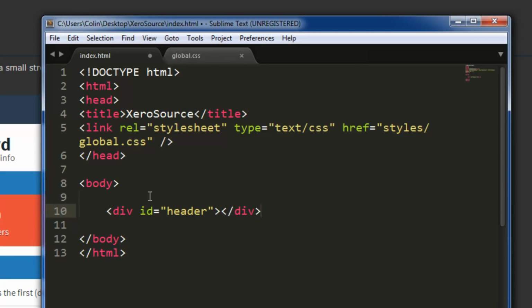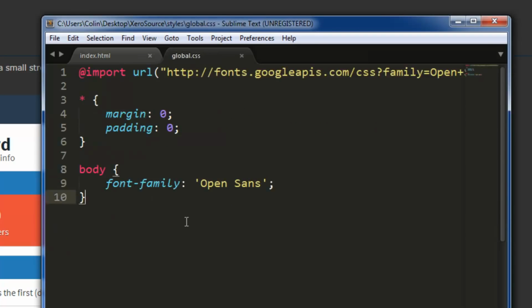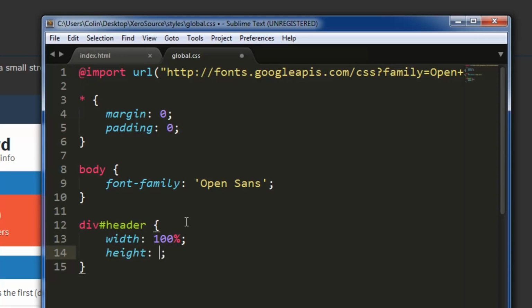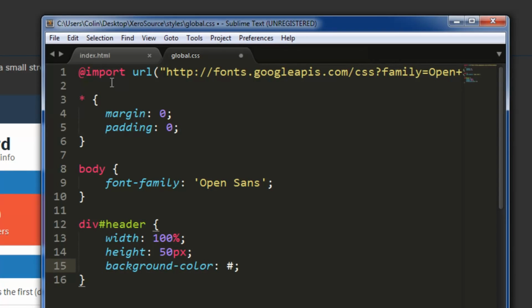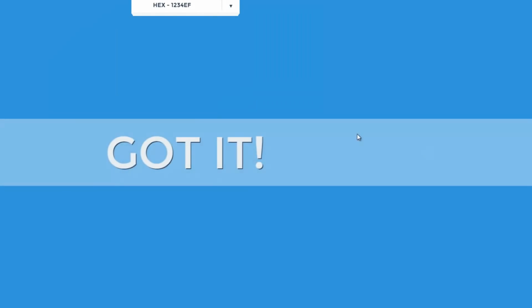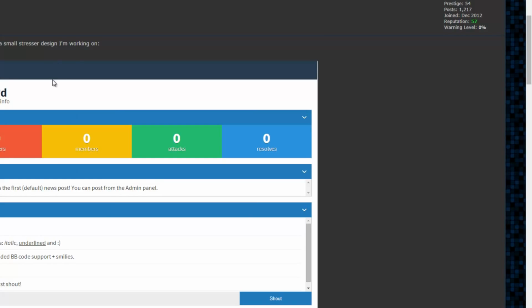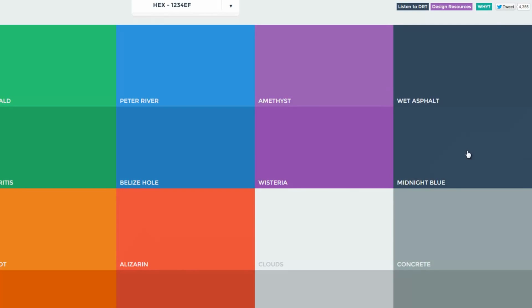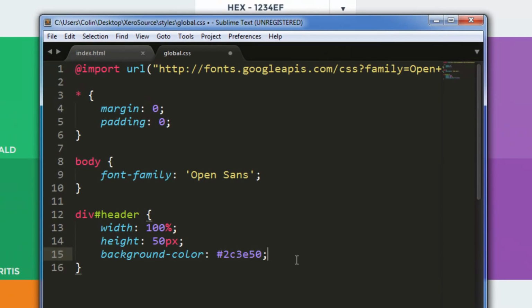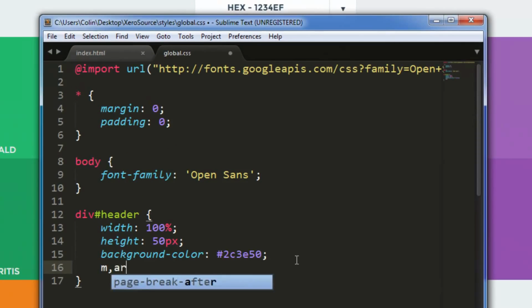Oh, I forgot it keeps auto-completing. Alright, and let's go into our styles and do div with the ID of header, and we'll set the width of this to 100%, give it a height of 50 pixels, and a background color of, and then let's go to Flat UI colors, and let's go with this blue that I used for the hack forums. That's that blue right there. I think, or it might be similar to it. I'm sure it is though. So midnight blue, copy that, and we'll just paste that in there,